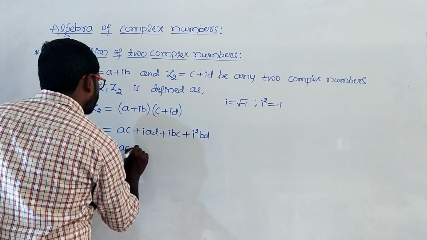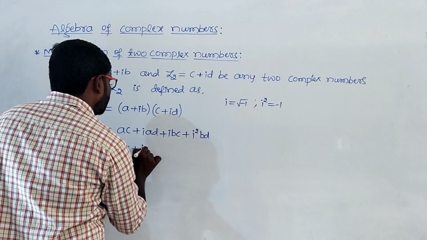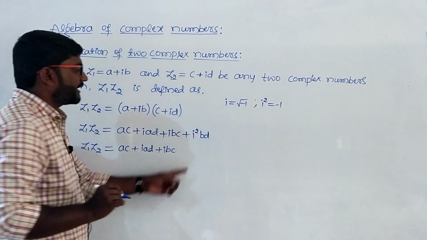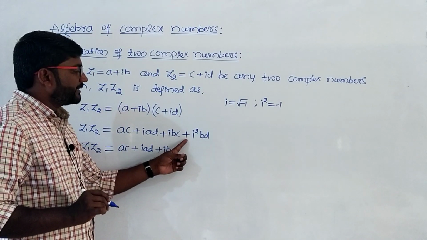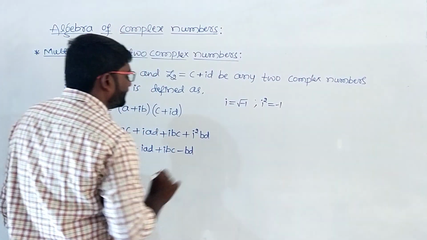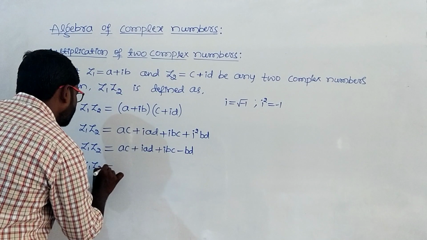AC plus, write this as it is, now iAD plus iBC, then i square is -1, and plus into minus becomes minus, so overall it becomes BD. So this can be written as Z1 into Z2 is equal to